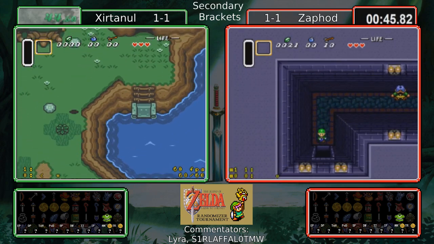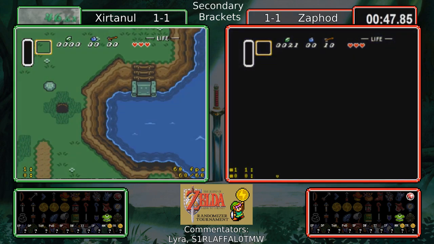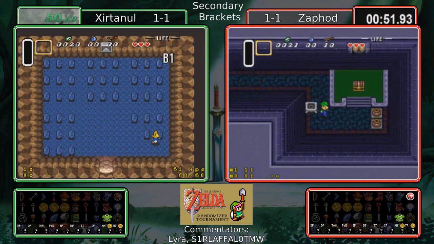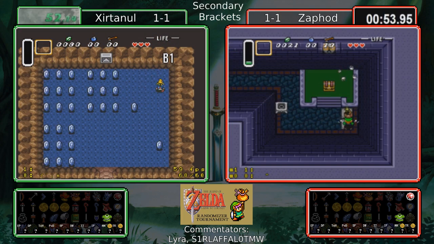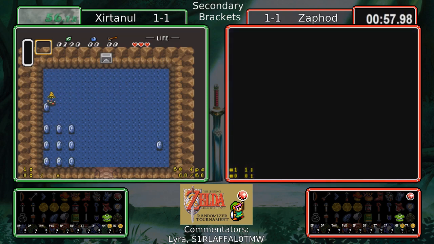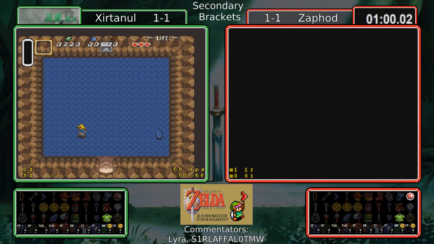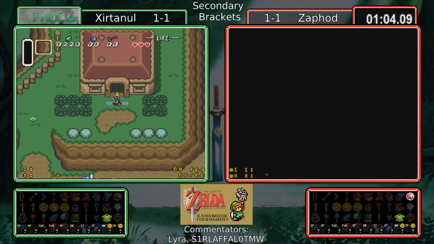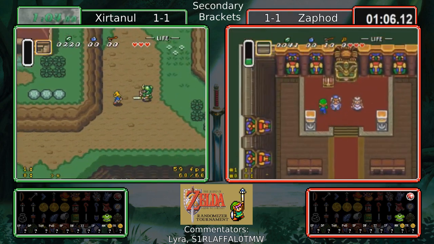This is actually, we got a Moon Pearl right there to escape. Wow, I actually did a seed earlier today where Moon Pearl was on the Uncle. That was pretty crazy. That's definitely a successful hula hand glitch, as that opens up a ton of money for Xirtanul. Yeah, a very good job, and gets 220 rupees for his troubles, so won't have to worry about any early